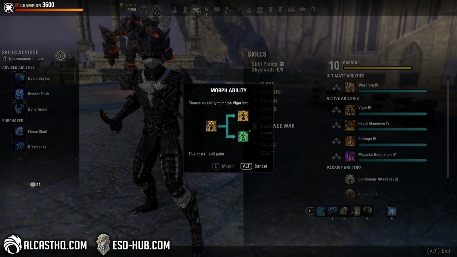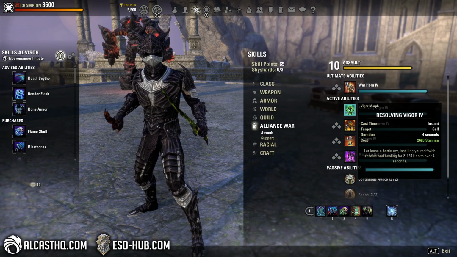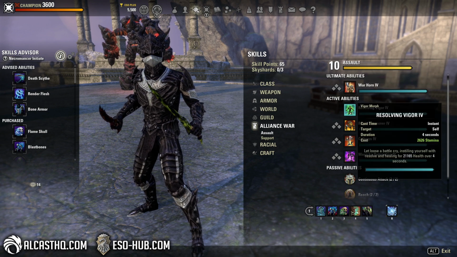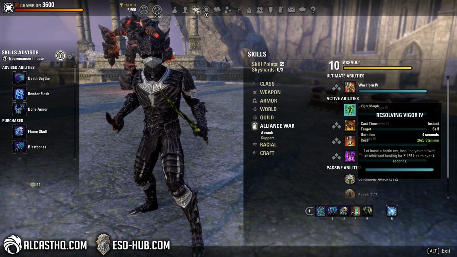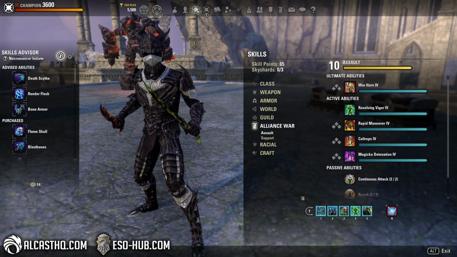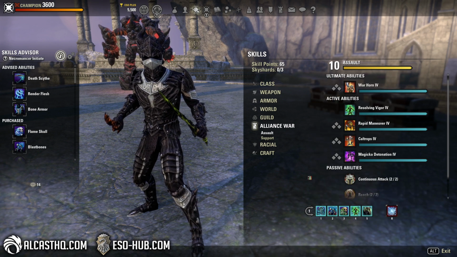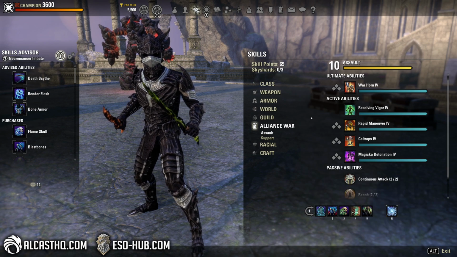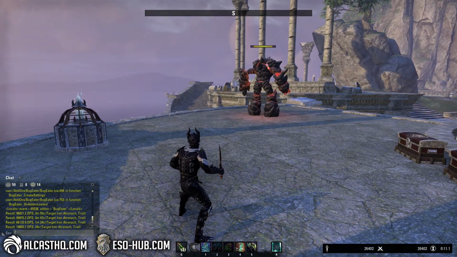If you need heals, I recommend using Resolving Vigor. You can get this by completing the Cyrodiil tutorial. It's very easy to get. And then just swap out the Barbed Trap for Vigor, and now we have a very powerful heal. Very easy. When we look at the parse,